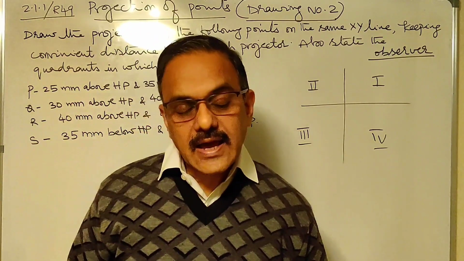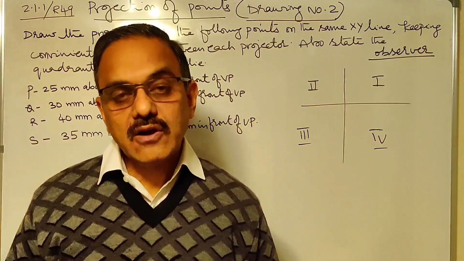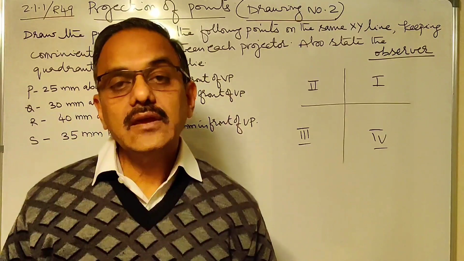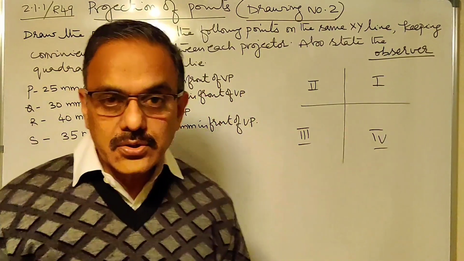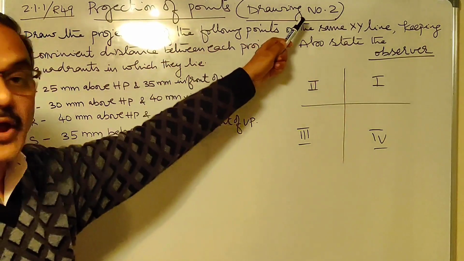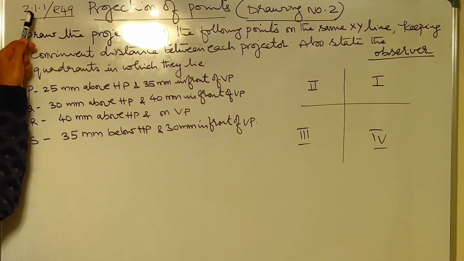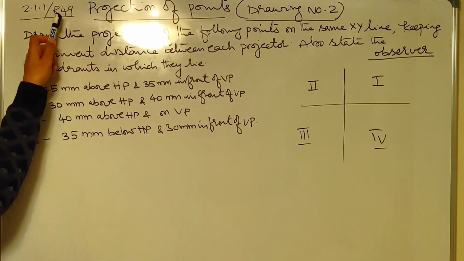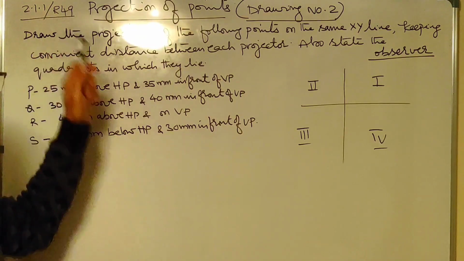So today's class we are going to do drawing number 2, which also deals with projection of points. The questions I am going to take up today are from the CMRIT question bank. This is the first problem that I have taken. We are in projection of points. The drawing number is 2. This is the problem number. This 2.1.1 is the problem number from the CMRIT question bank, and 49 is the question number from the VTU question bank. Both the numbers are given here.